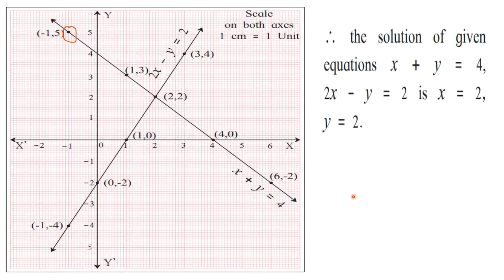In this way you have to solve by the graphical method. Don't forget to write down the scale, don't forget to write down the equations. Then you also have to draw arrowheads since these are lines. All these things you have to note very carefully. Now see here, they have written the coordinates also, but it is not compulsory to write down the coordinates here. You only have to write for the point of intersection. Here you can ignore writing this in brackets, but if you write it, then it is better.